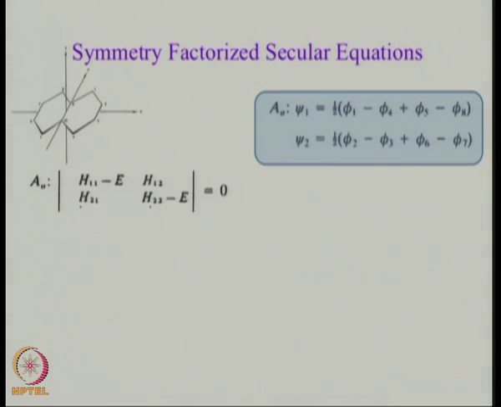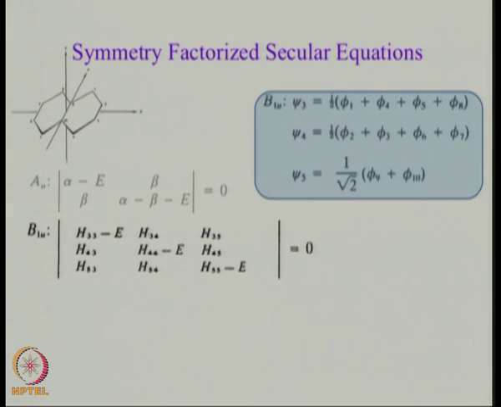Okay, I think now you can work it out. I will show you the answer. This is the answer you get. It turns out to be alpha minus E, which you could have actually got by mistake, thinking H11 is just alpha, but you can make no mistake about this one. This one turns out to be alpha minus beta minus E. That is equal to 0.